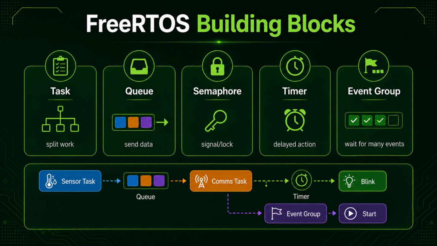A practical design may use all of these together. A sensor task reads data and sends it through a queue to a communication task. A mutex protects the shared UART. A timer controls periodic status updates, and an event group confirms that communication and sensors are ready before the application starts. The key principle is to block tasks while they wait, keep priorities meaningful, and choose the simplest synchronization mechanism